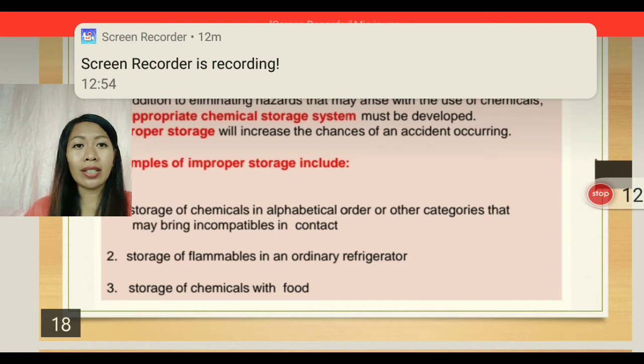And next is storage of flammables in an ordinary refrigerator. So as we have mentioned in the first part of our topic, there are designated storage for specific items. For flammables, they have a specialized refrigerator. And do not just put the flammables anywhere. Next, storage of chemicals with food. We should not mix our food